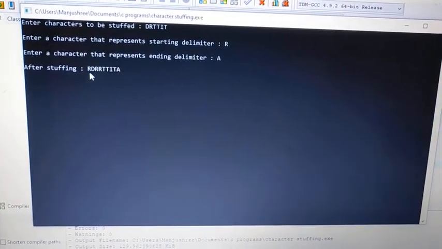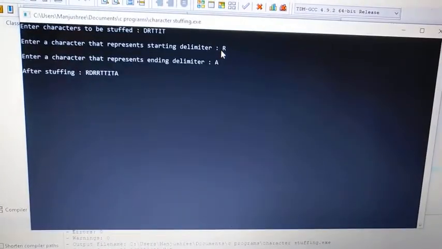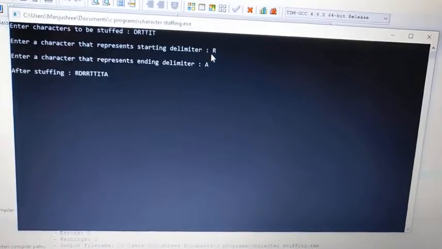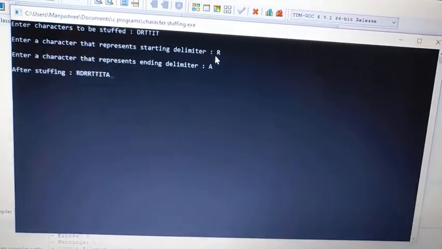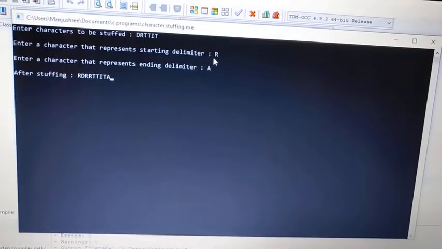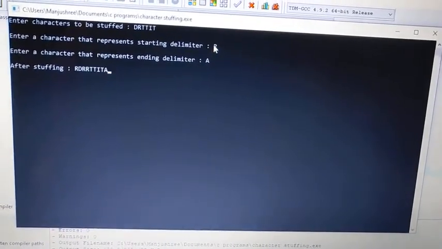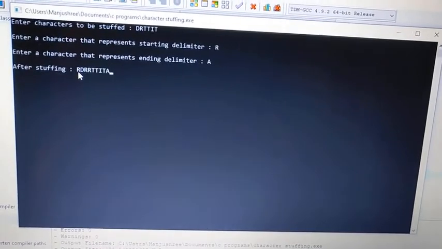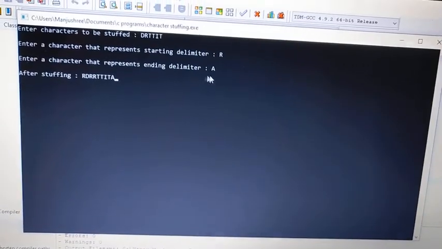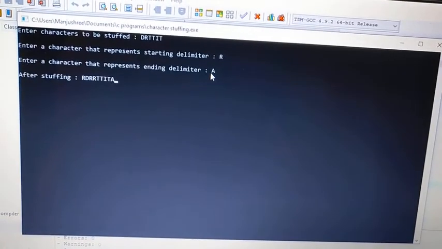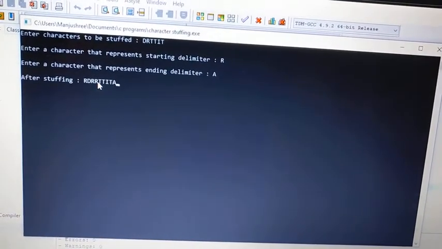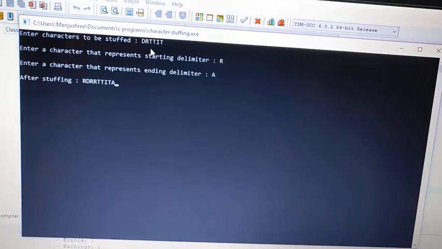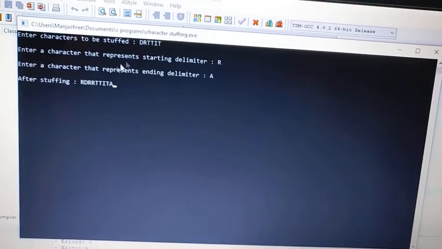So you can see here the starting delimiter, just as in bit stuffing you added the flag 01110 at the starting and at the ending of the data. The same way here also the starting delimiter, that is R, is inserted at the starting of the data, and the ending delimiter A is inserted at the ending of the data, and you have here R in between. So what we should have is DRTTIT, but it is